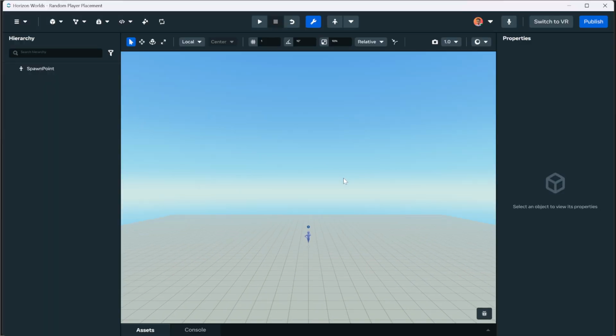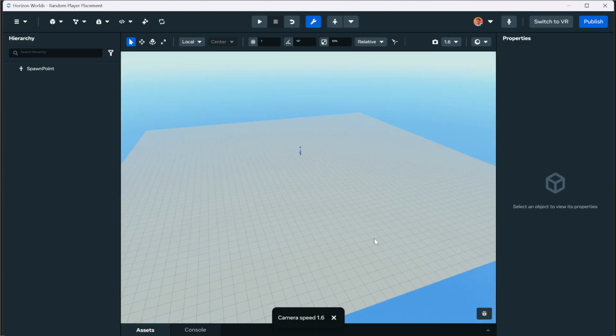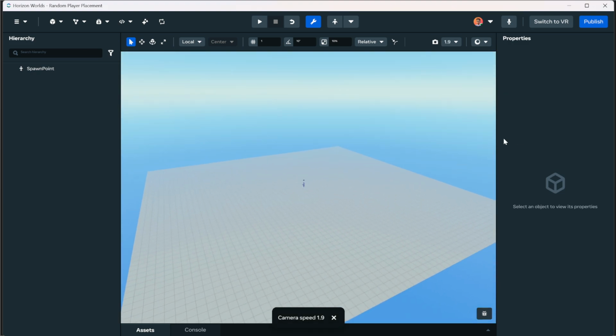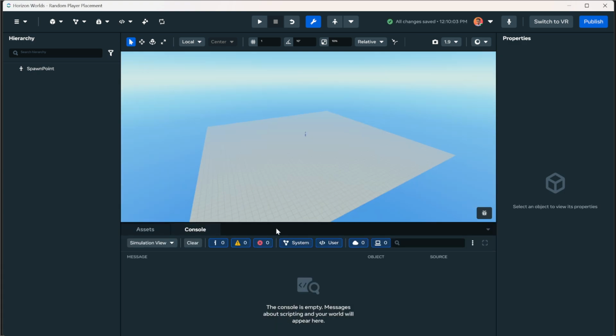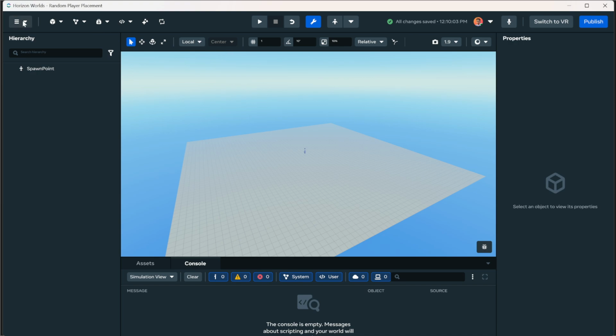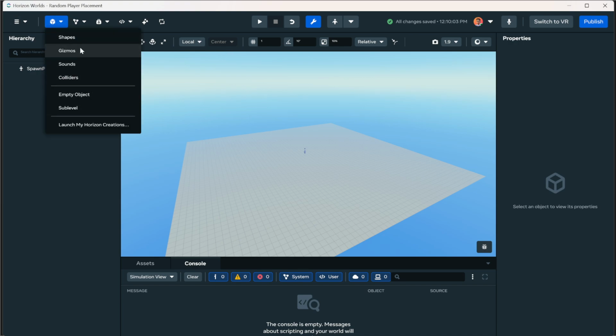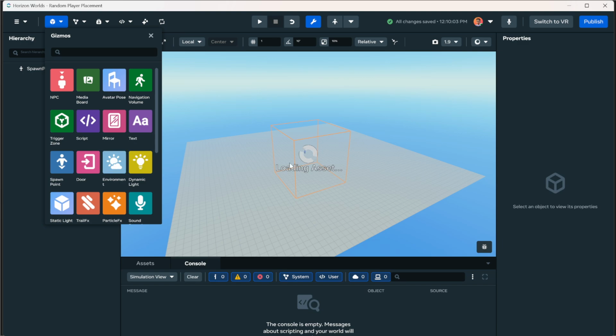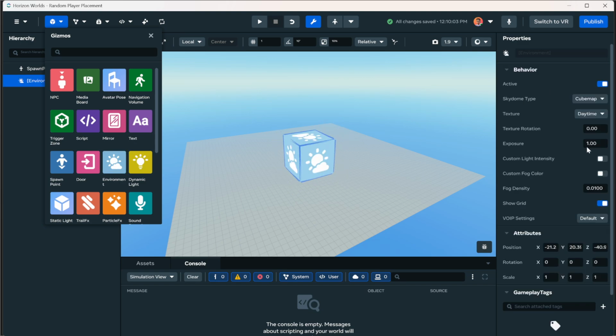The first thing we're going to want to do with our little world here is build this with the assumption that we're going to use the grid as the map that we want to spawn players to. And we're going to place some objects there. I also want to remove the fog. So gizmos, go to the environment gizmo, and then we can turn the fog setting to 0. That's a little easier to see. We're going to move this box to 0, 0, 0, where I throw a lot of junk, but there we go. Next up, we're going to